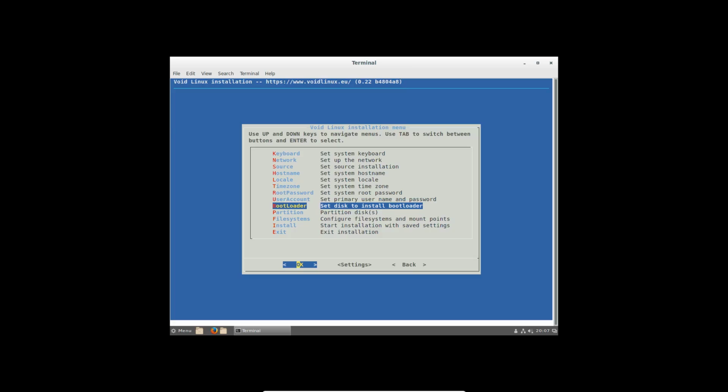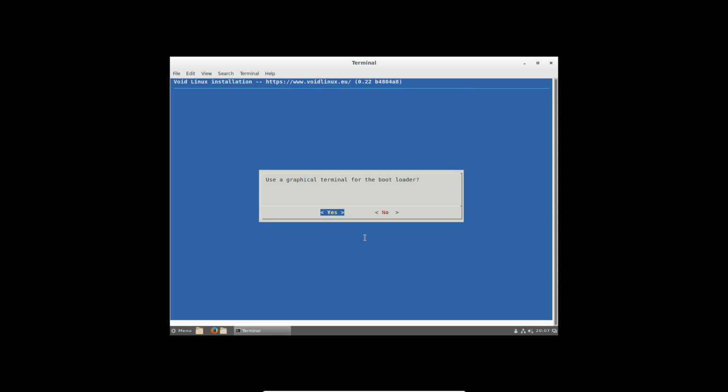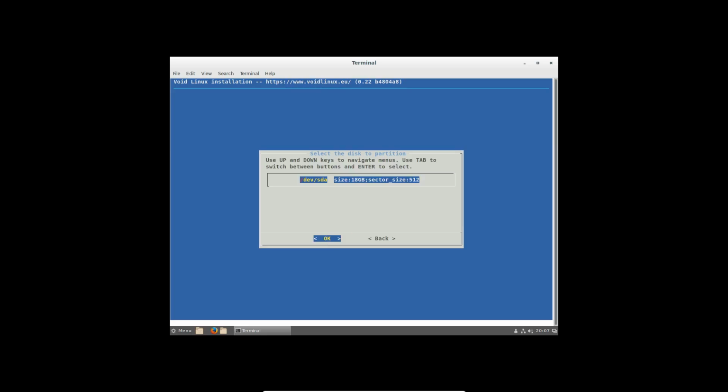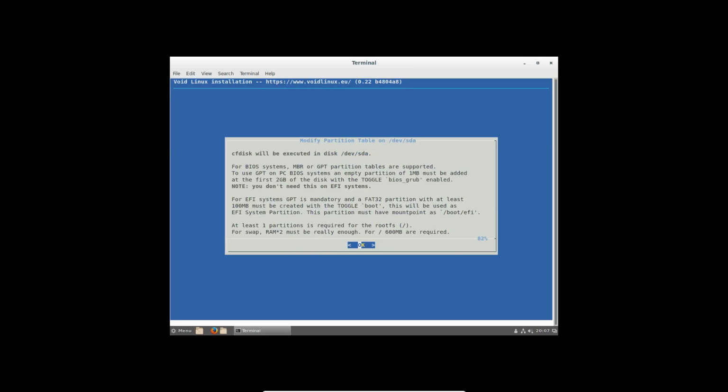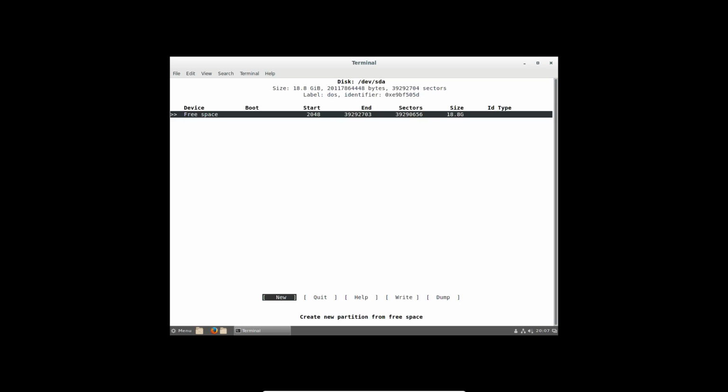Bootloader, select disk to install the bootloader, and that's going to be /dev/sda. Yes, I want a graphical user interface for the bootloader. File systems and mount points. Okay, partition disks. cfdisk will be executed on /dev/sda. I want a MS-DOS partition table, and it looks like we're gonna have to make our own partitioning. So I'm gonna do 1024